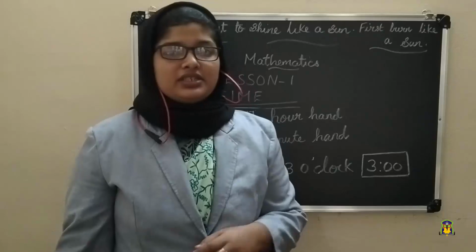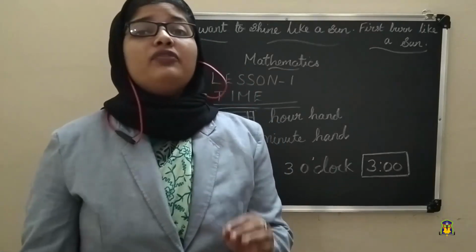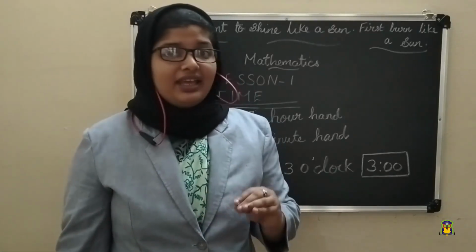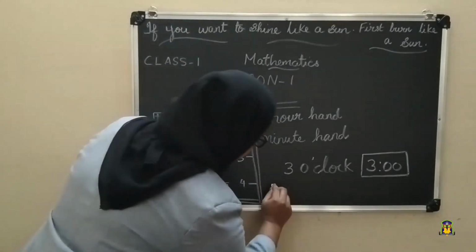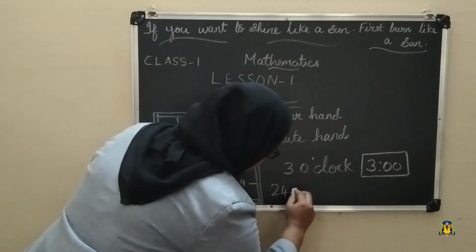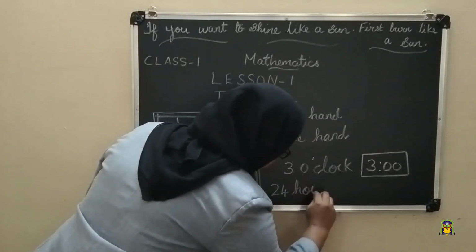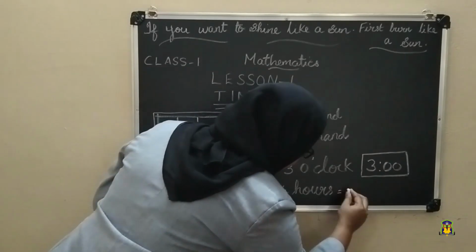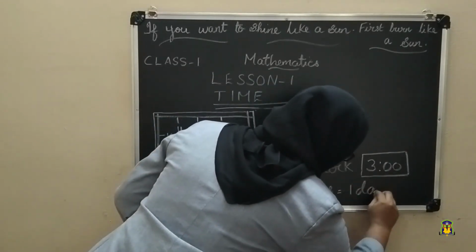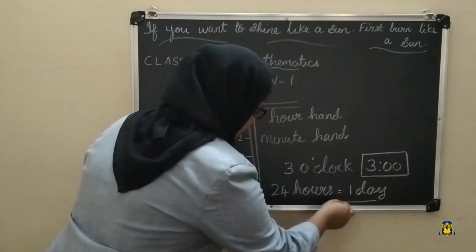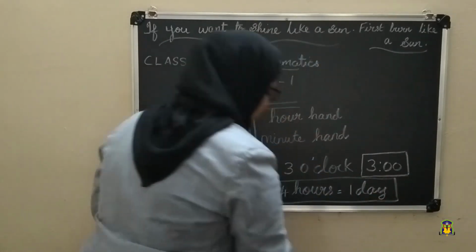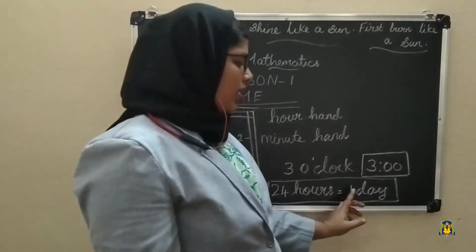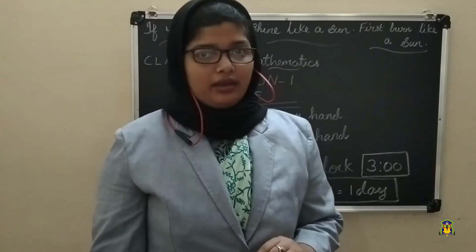Then one more thing is there. There are 24 hours in a day. So 24 hours makes a day. 24 hours equal 1 day. Okay, that you have to study. 24 hours equal 1 day. Okay, let's do some